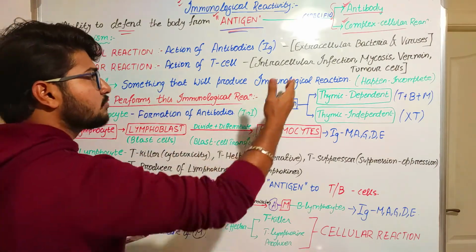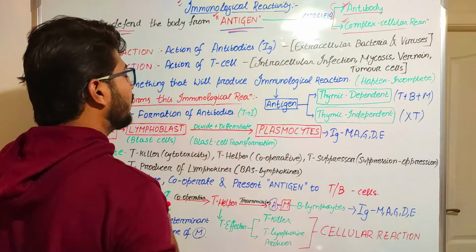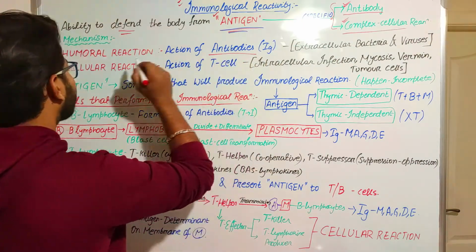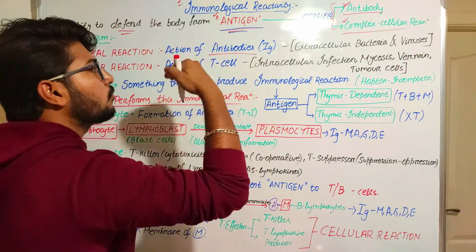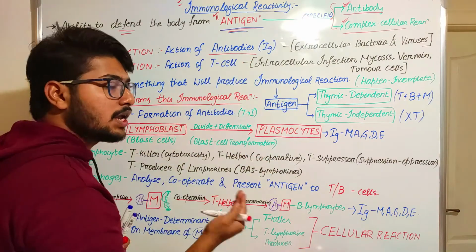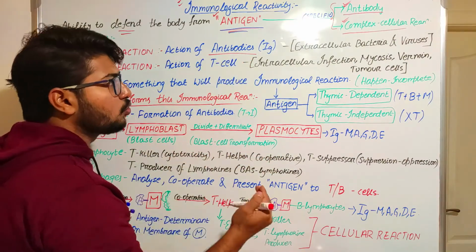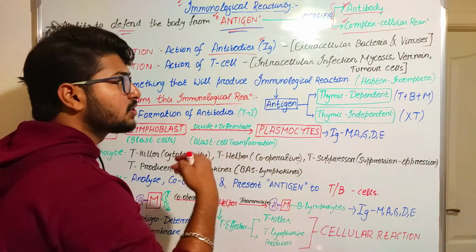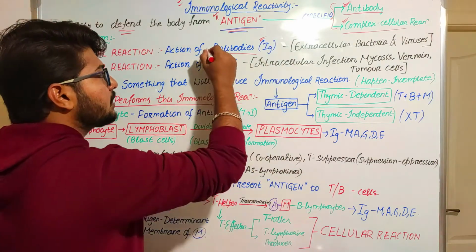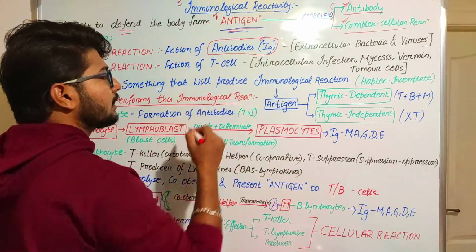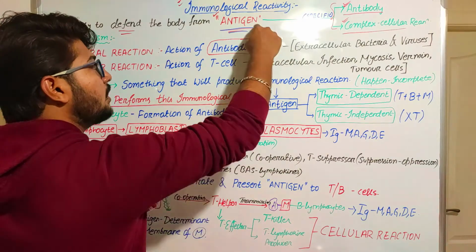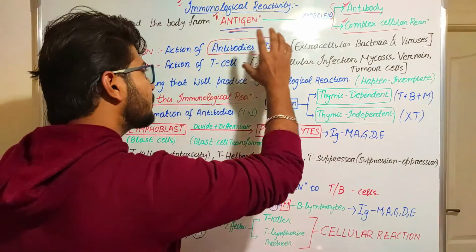How? First, as we said, it will produce the antibody. So the first action of the humoral reaction is to produce the antibodies, and antibodies are nothing but immunoglobulins. As we have studied in primary classes, antibodies are the proteins that are produced against the antigens, and this is nothing but the